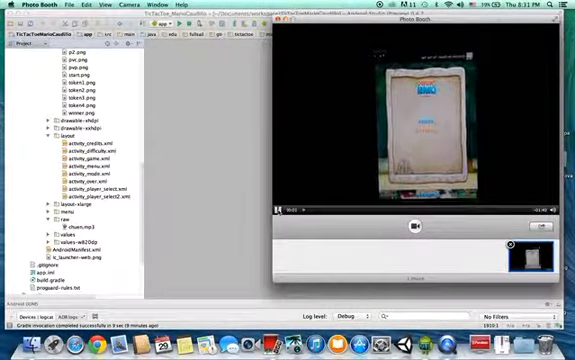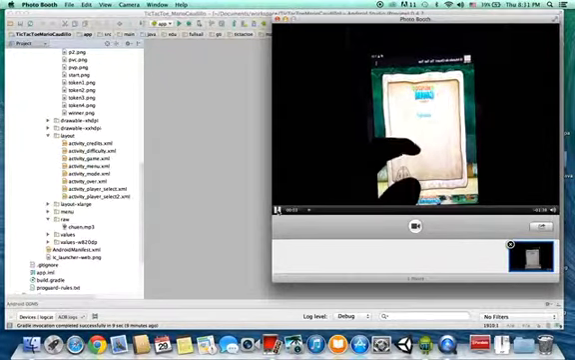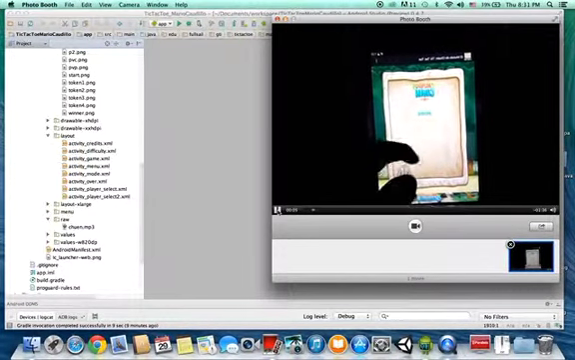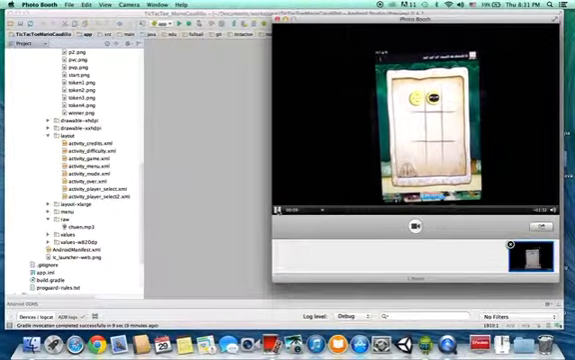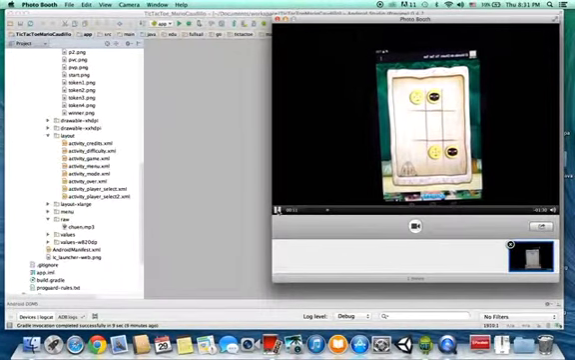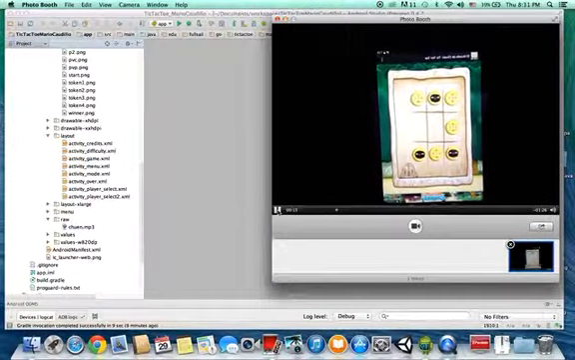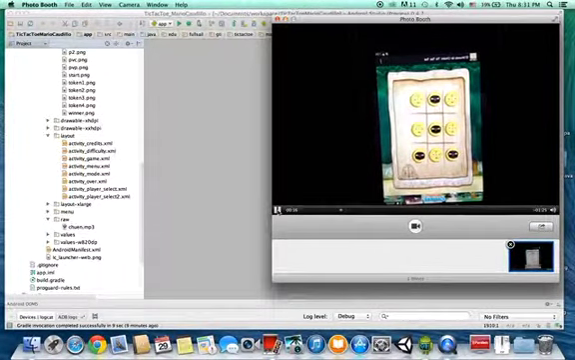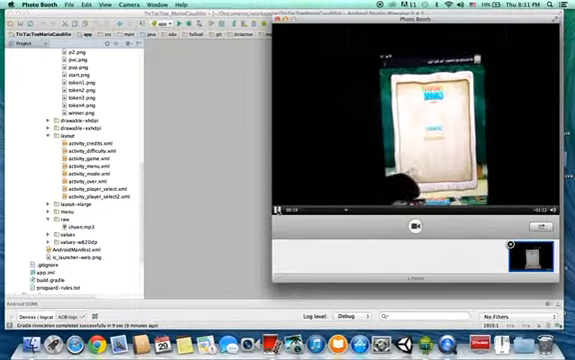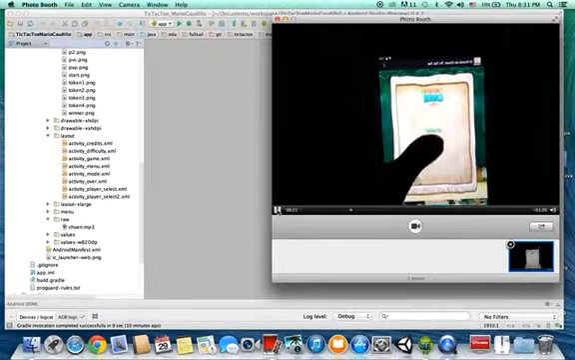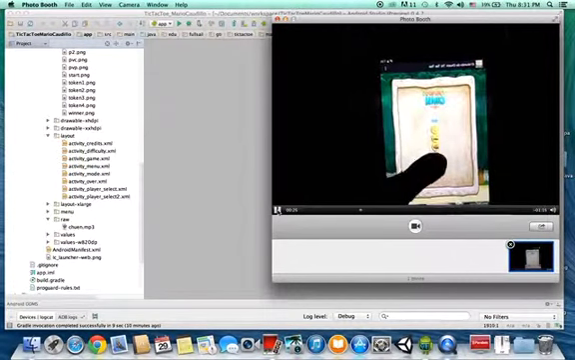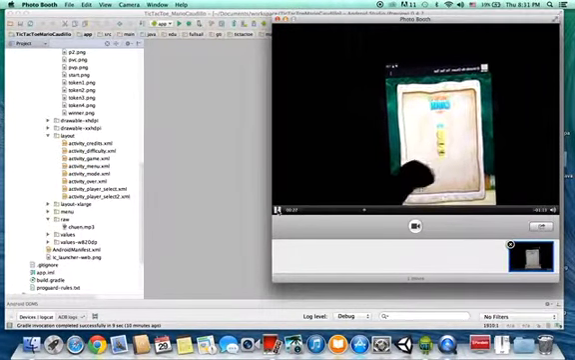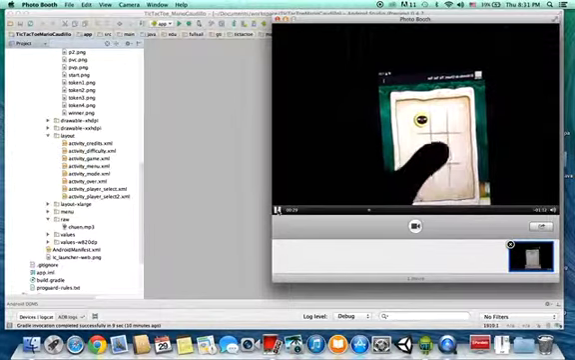Here we have the game. We have the mode computer versus computer. We also have the player versus player mode, the selection of the token of each player,